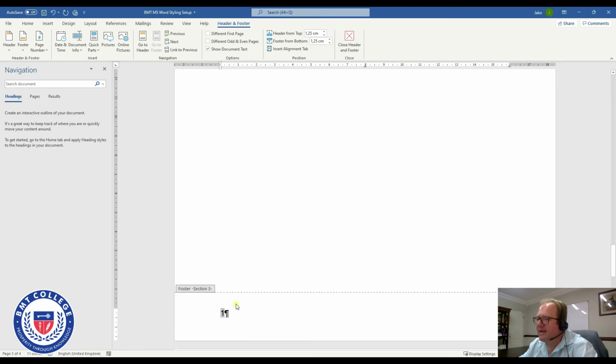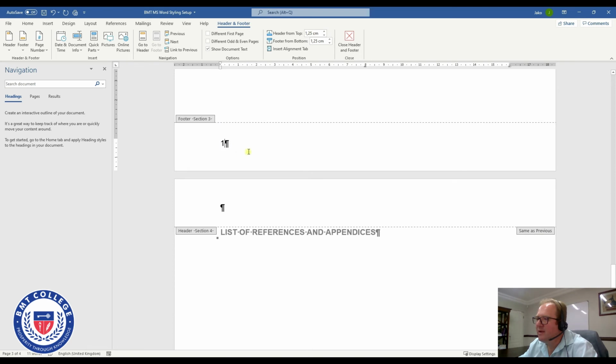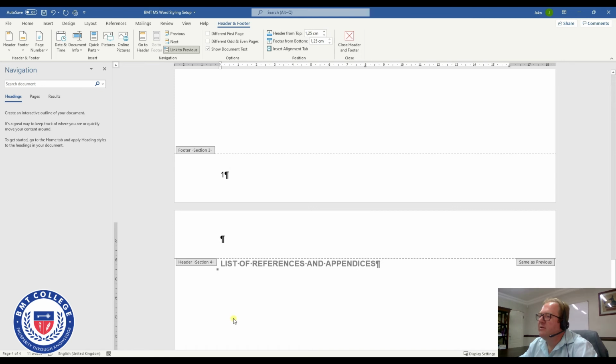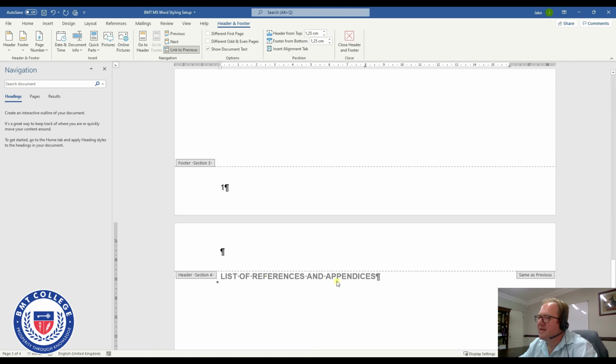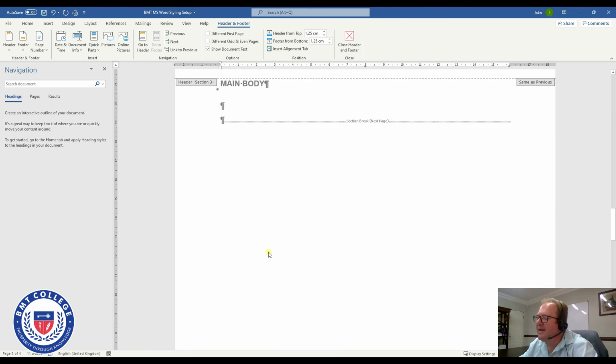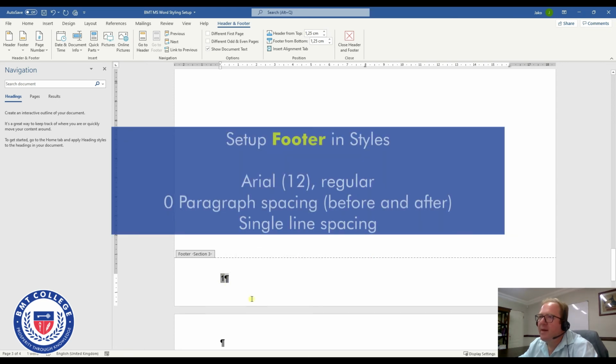I'm going to select that, and you will see our next section, section 3, will start on page number 1. List of references, that will simply continue. This will link to the previous section because we want this to continue into the list of references and appendices. And now our document has been mainly set up. The final thing that we want to do is our footer numbering, is we want to update that